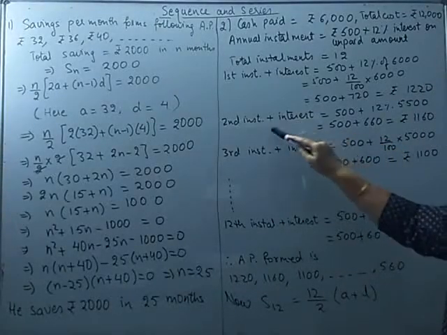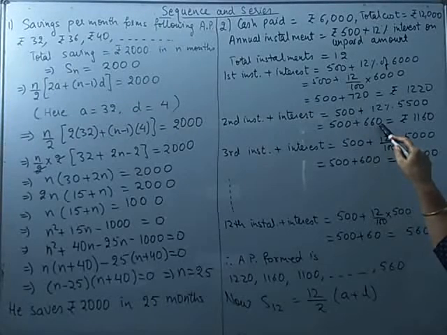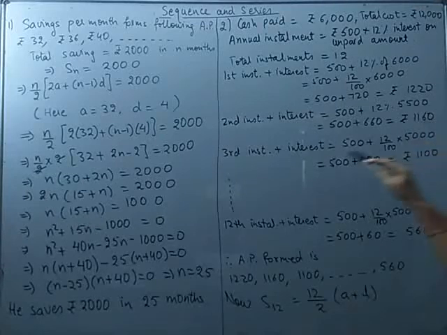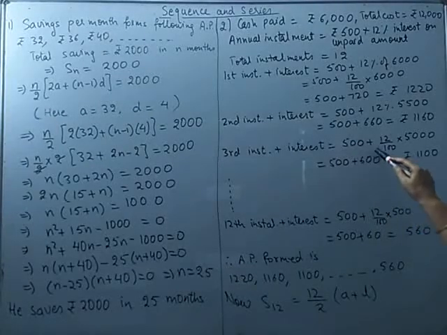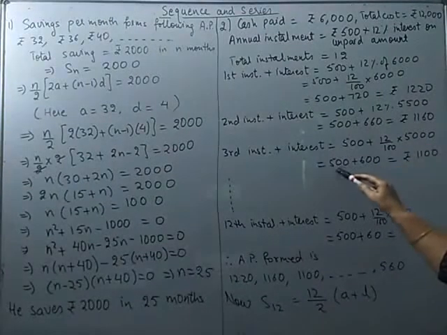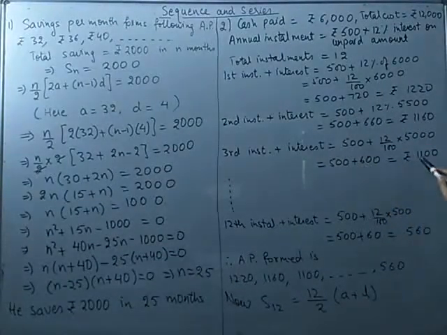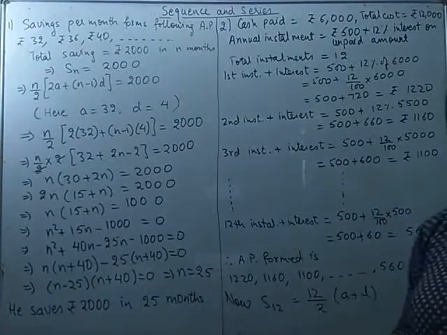So every time, in each installment, the unpaid amount will reduce by 500 rupees. So the second installment plus interest is 500 plus 12% of 5,500. This, if you solve it, will come out to be 660. So the total amount paid at the end of the second year is 1160. Then moving on to the third installment plus interest. The installment is for rupees 500 and the unpaid amount now becomes 5,000. See, it is reducing by 500 each year. So 12% of 5,000 is the interest, and the total amount becomes 500 plus 600, which is 1100. In this way we can find the installment at the end of each year.